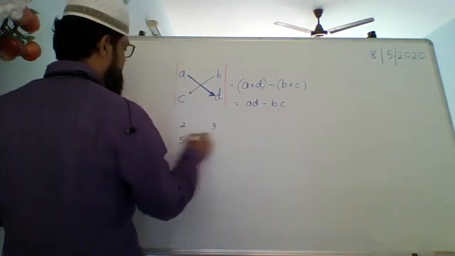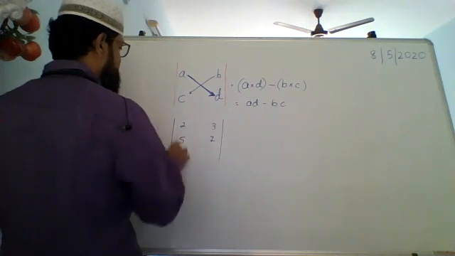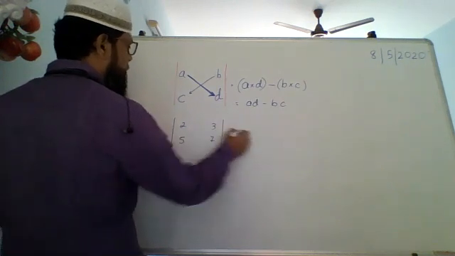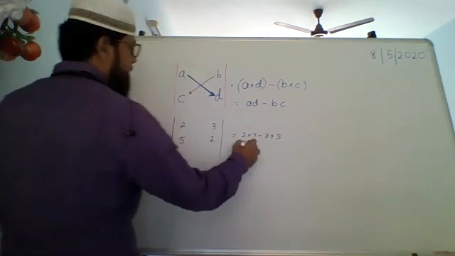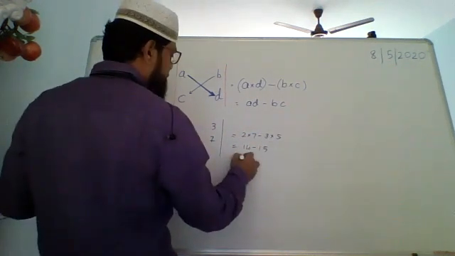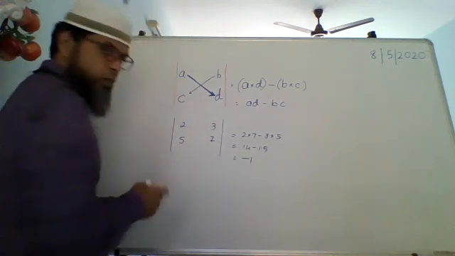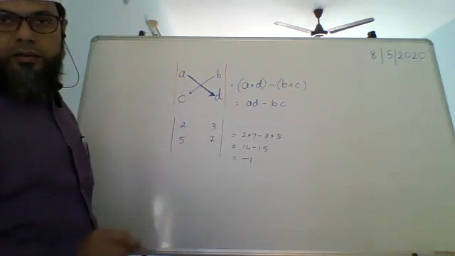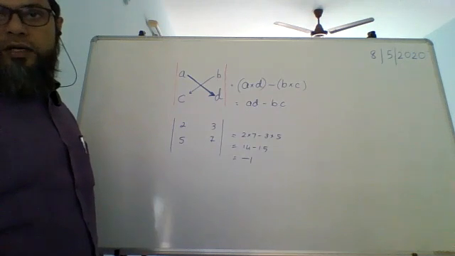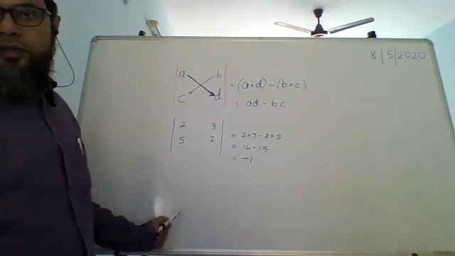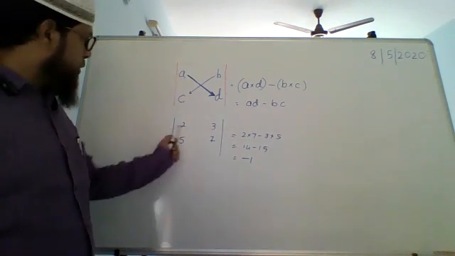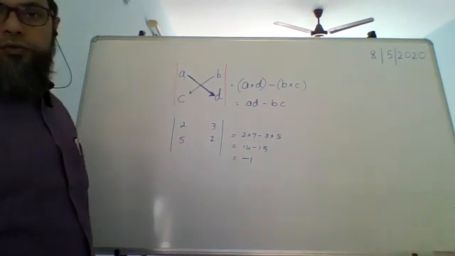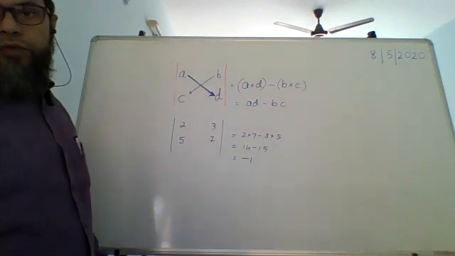2, 3, 5, 7, for example. So this will be 2 into 7 minus 3 into 5, that is 14 minus 15, which is equal to minus 1. Is that clear? Just go through that. If you find anything difficult, nahi samjha, puch lo. But that is all that is there in this. 2 into 7 minus 3 into 5.